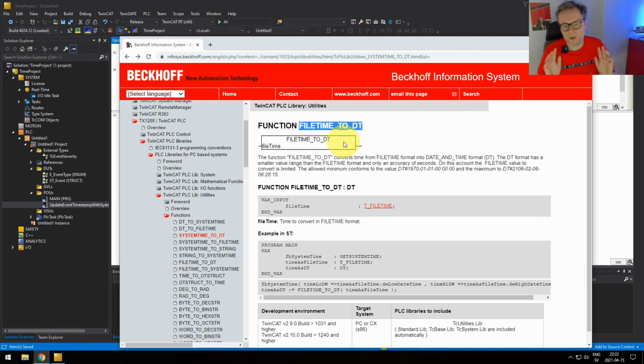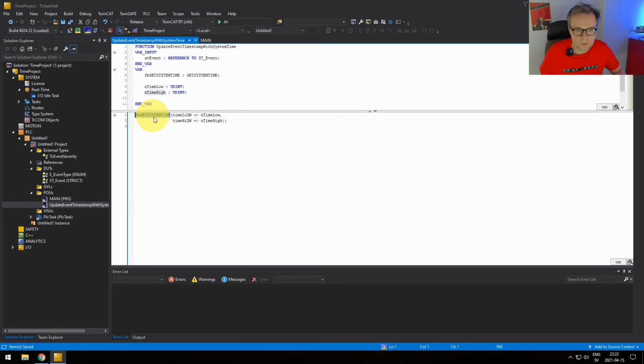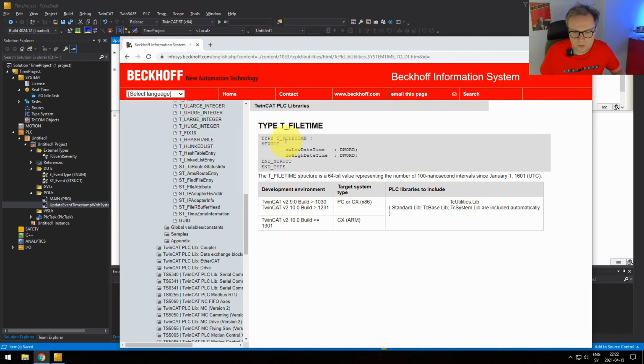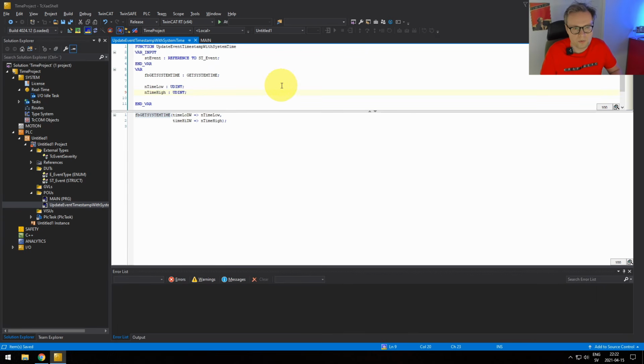So what we're going to do is take the value we get from system time and store it inside this type T_FILETIME, which is a structure. So let's create an instance of this structure. I'm just going to call it stFileTime.